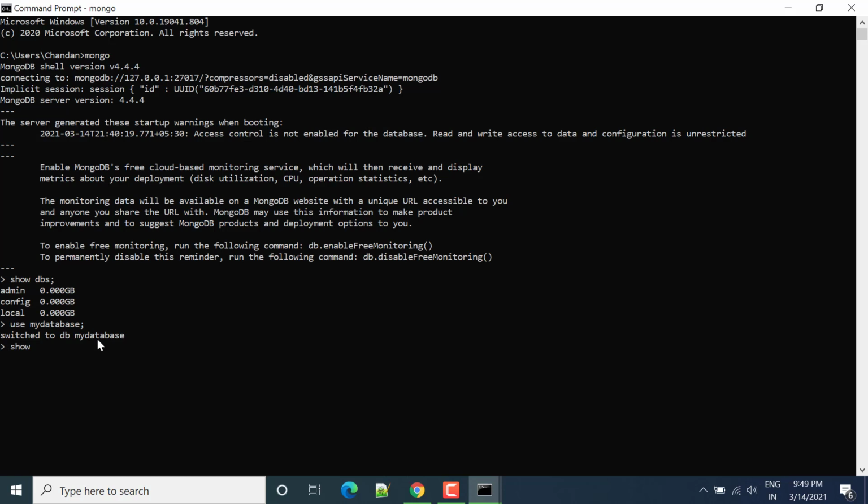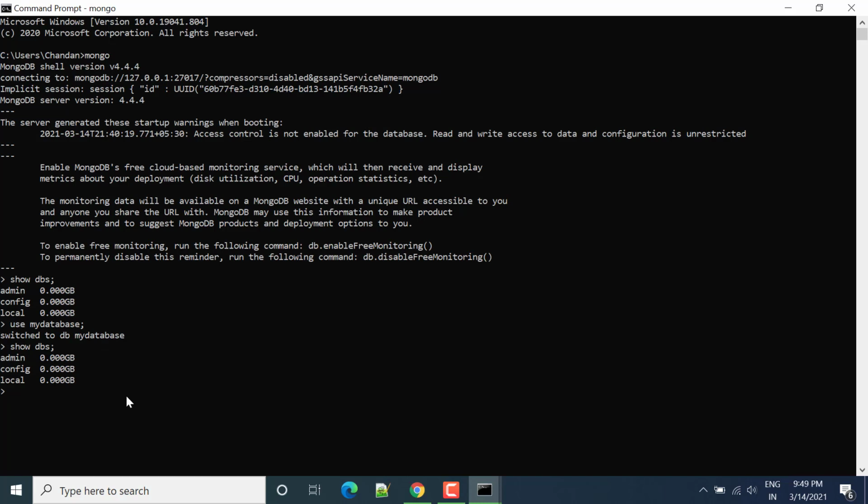But if you write show dbs again, your newly created database will not be visible here. To make it visible, you have to add one document inside this database. You have to insert any record to show the database.